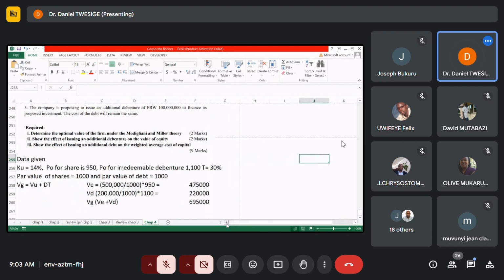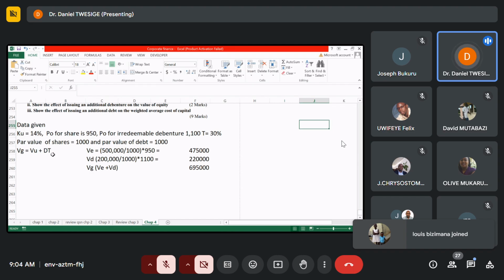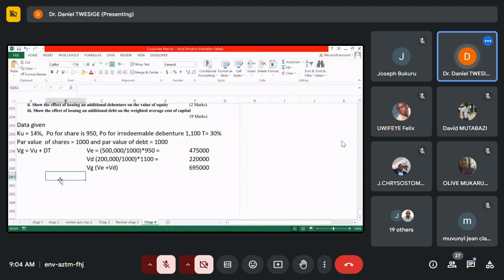If we put in, I already have a VG, the current value of this business. Now, I already have a VG, I have the current value of the debt, and I have the tax rate. I can substitute here to get my VG. So VG will be equal to, VG I already have it now, which is, if I substitute, 695